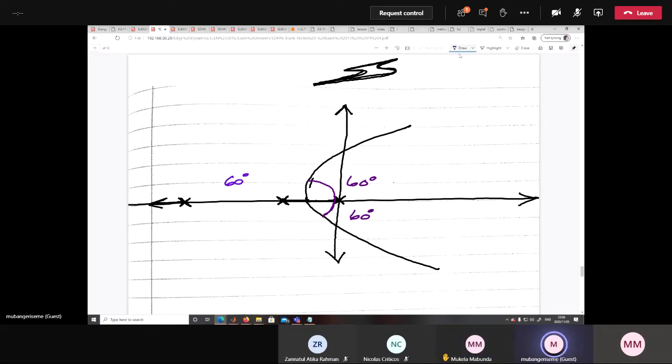So you know that when this thing is 60 degrees, it's going to pass through the locus at some point, right? Assuming that that point is on the locus. So here's what you do. You say that, okay,